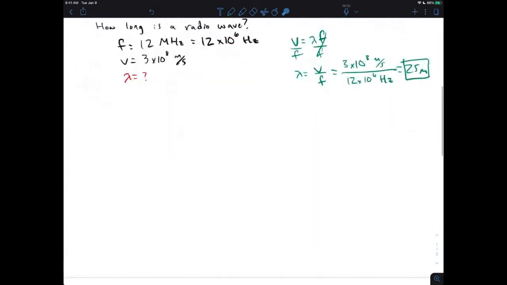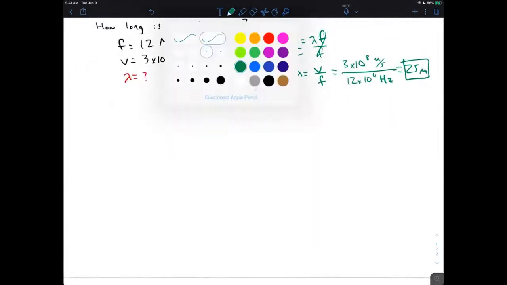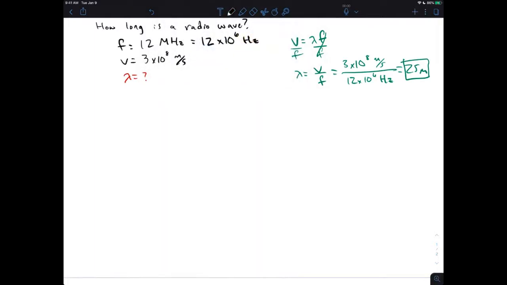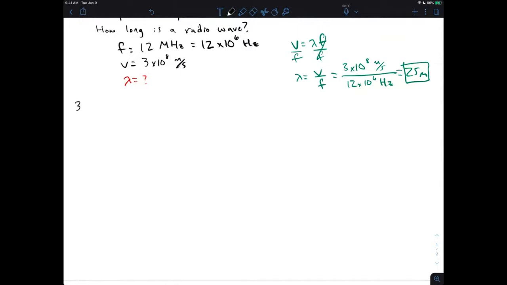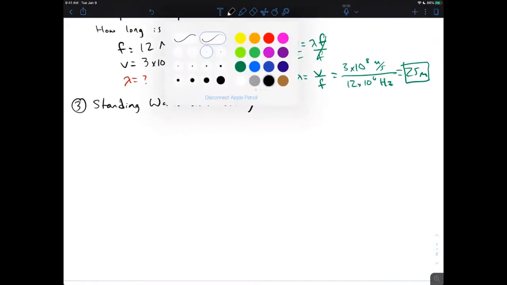Next, I want to talk about part 3, standing waves on a string. We're actually going to do this lab next week, but what we're going to do today is talk about standing waves on a